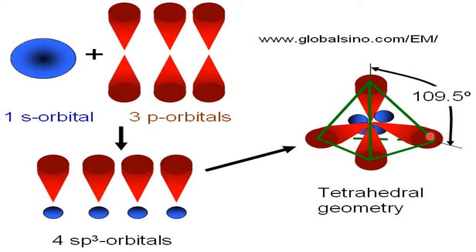Okay, so after joining the four corners of this shape, we get something like a kite. It looks like a kite. This is called what? Tetrahedral. So in this way, methane forms with a 109.5 degree angle. This is called the tetrahedral shape for methane, and the carbon has undergone sp3 hybridization.